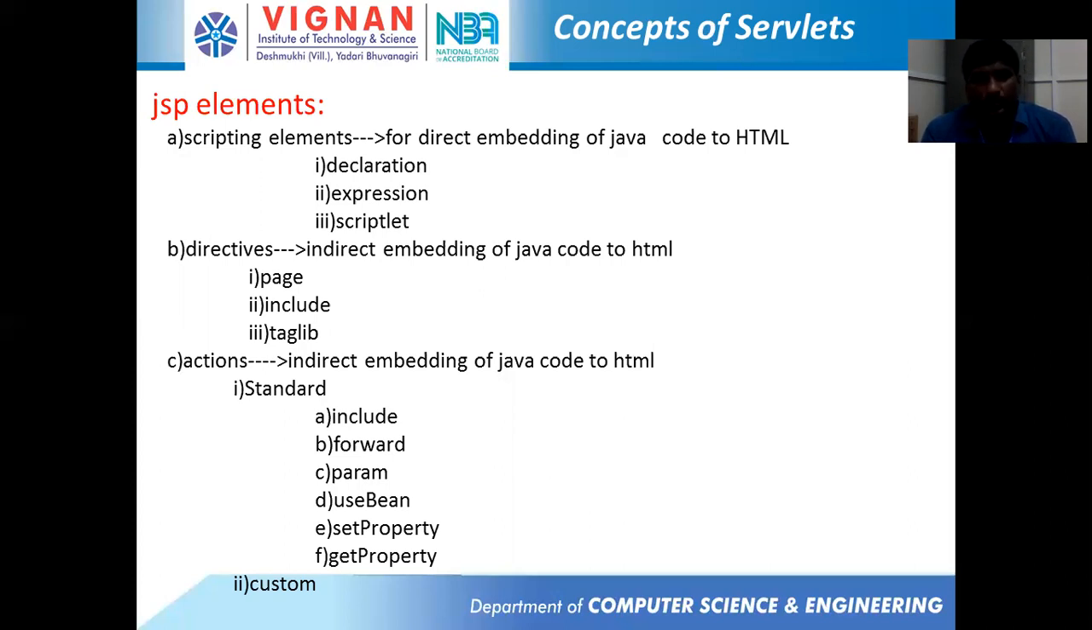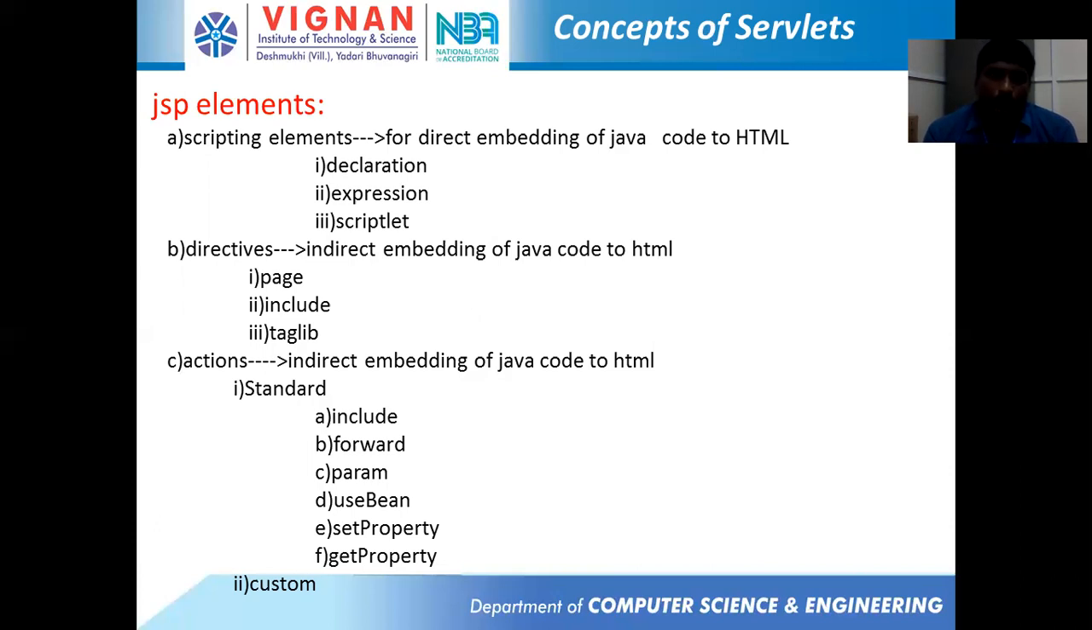There are scripting elements, actually for direct embedding. What is the scripting element? JSP scripting elements are for direct embedding of Java code into the HTML. I already told you a JSP page consists of HTML code plus Java code. So scripting elements are used for embedding the Java code into the HTML tags. In order to embed the Java code into HTML, there are three ways we can embed by using three